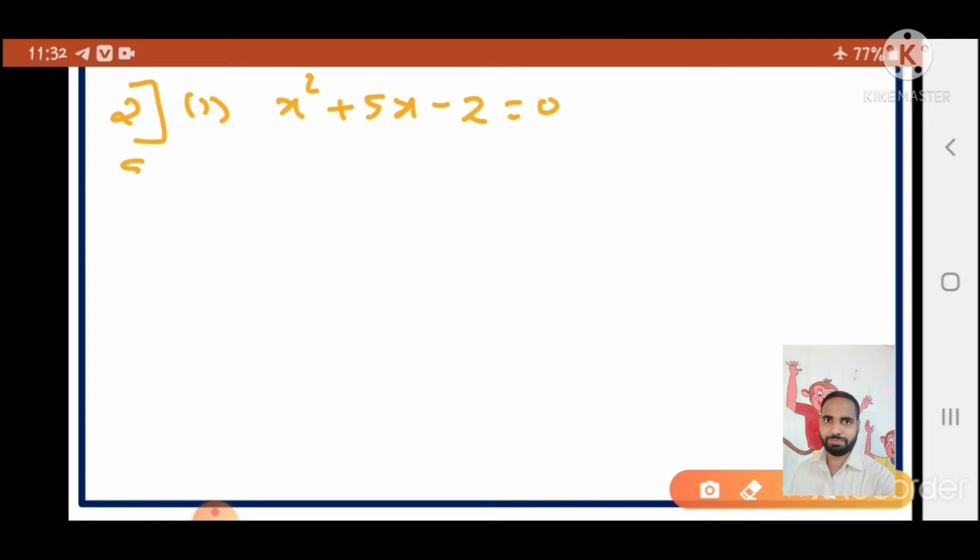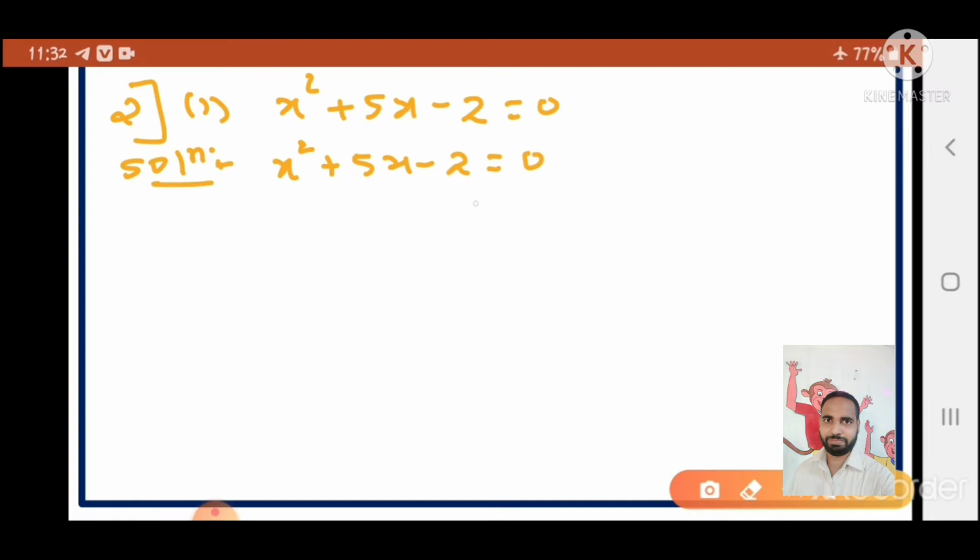Now solution. What will you do here? First of all, whatever terms are on the right hand side, you have to bring to the left hand side. Now here no terms are on the right hand side, because on the right hand side only 0 is there, so all the terms are on the left hand side. So copy as it is, x square plus 5x minus 2 equal to 0. And now see, this is in the form of ax square plus bx plus c equal to 0. ये format में लिखा हुआ है already standard form में. Yes, this is in standard form. अगर standard form में नहीं है तो आपको उसको standard form में करना होगा, right? Now this is in the standard form.